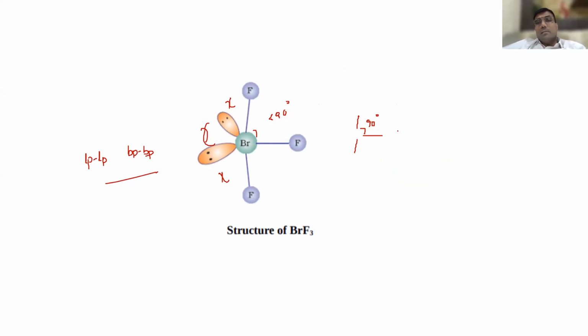So the compounds like ClF3 and BrF3 are having T-shape only, but with a bond angle less than 90 degrees. And try to understand, students, this other bond angle actually is 180 degrees, but it will be less than 180 degrees when this bond angle is less than 90 degrees, as the lone pair repulsion pushes the atoms together. I hope you are clear.